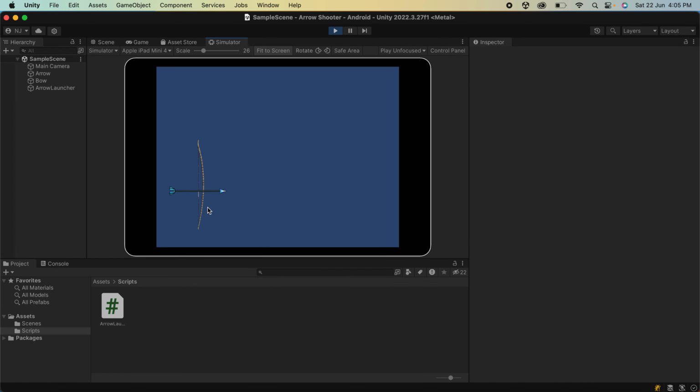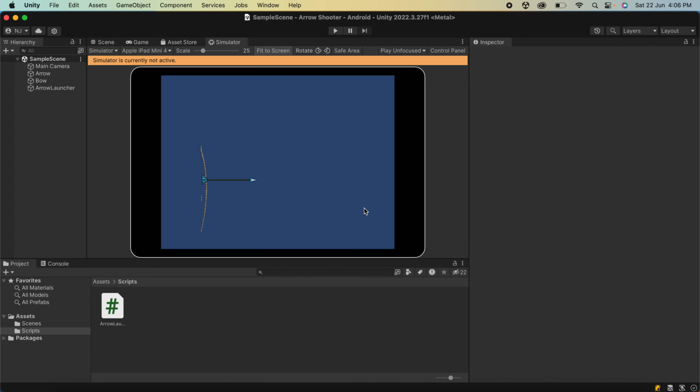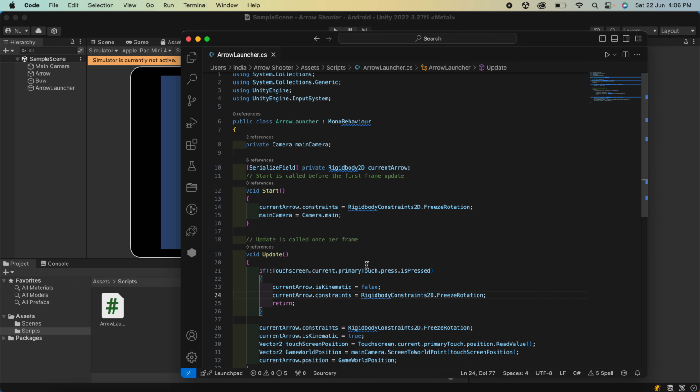Okay, so as you can see, the arrow is not rotating, it's frozen. If you click anywhere, it's frozen. If you let it go, it swings back and forth, and it looks much more natural than when we started. So already in love with that. Now what we'll have to do is keep track